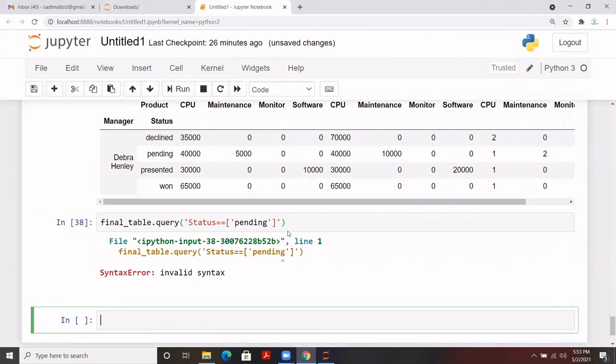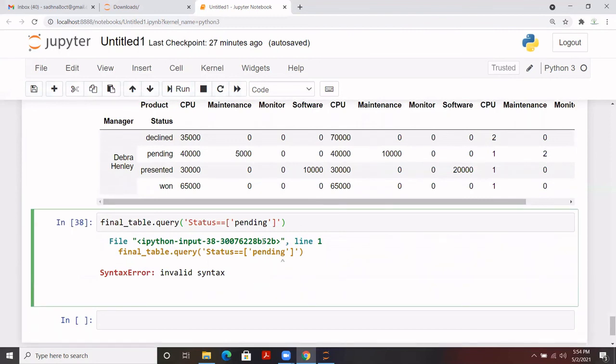Equals to pending. Oh, yes, pending was there. So the query is status pending. And something I'm missing here. What is this? Yes, I can write it like this only. Status I have given.